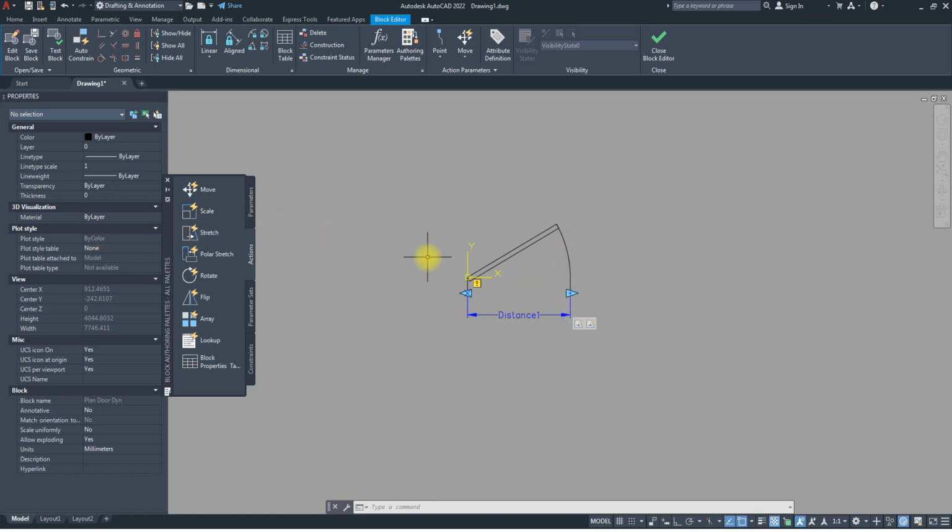Do you understand? So if I say scale, it's going to tell us to specify parameter. We want this dimension to be what is driving it. Then it's telling me to select objects. So this is the object that I want to scale up. I'll press enter. And this is the scale command. So if we test this,